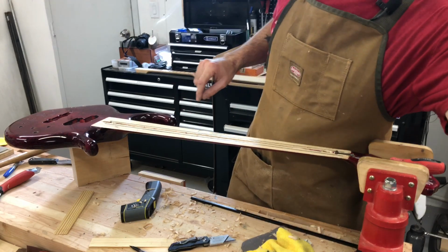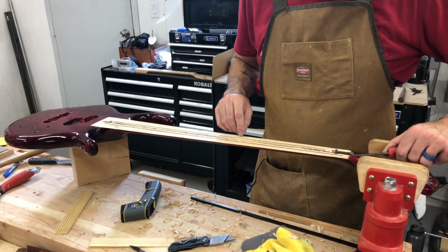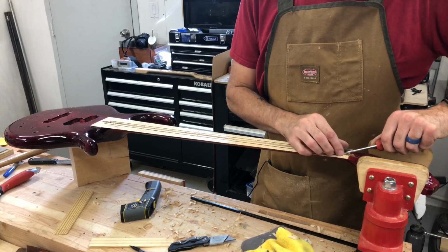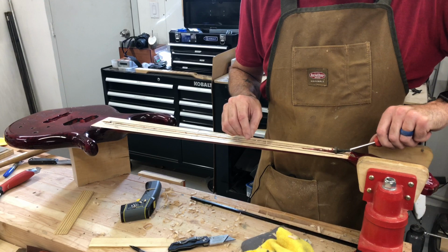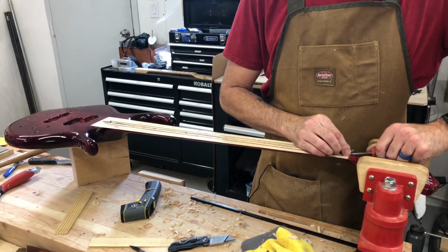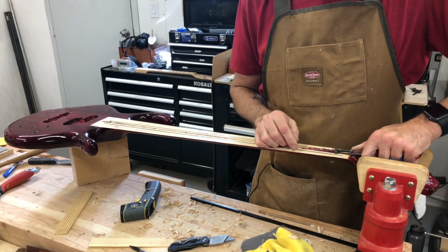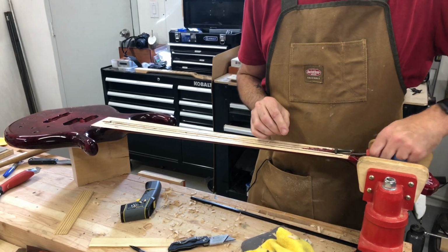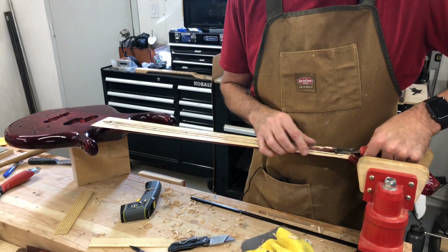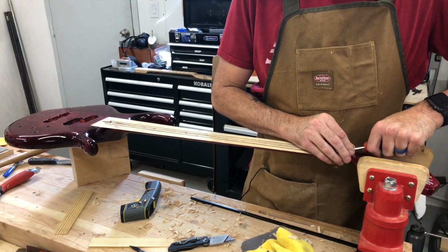Okay, so we have the rod exposed, and so now we're going to try to get it out. It looks like there's maybe some epoxy on the other end, but we're just going to keep working slowly. Let's see if we can't get this thing to come out. It's a single action rod, whereas this must be one of their really older models,